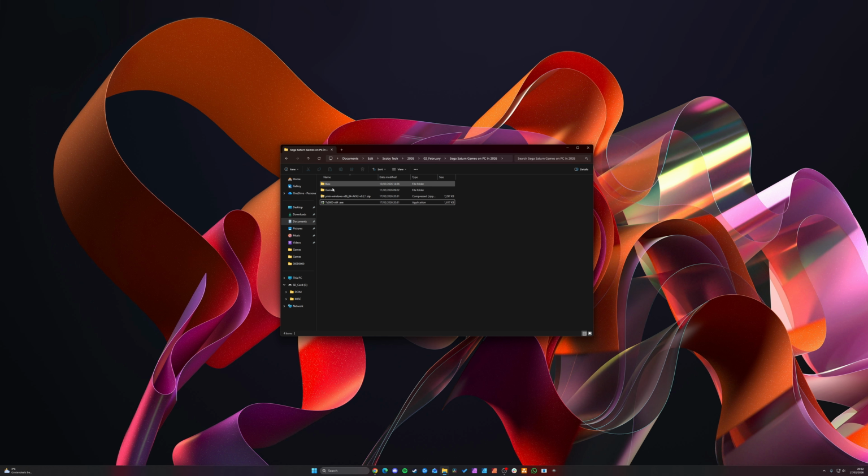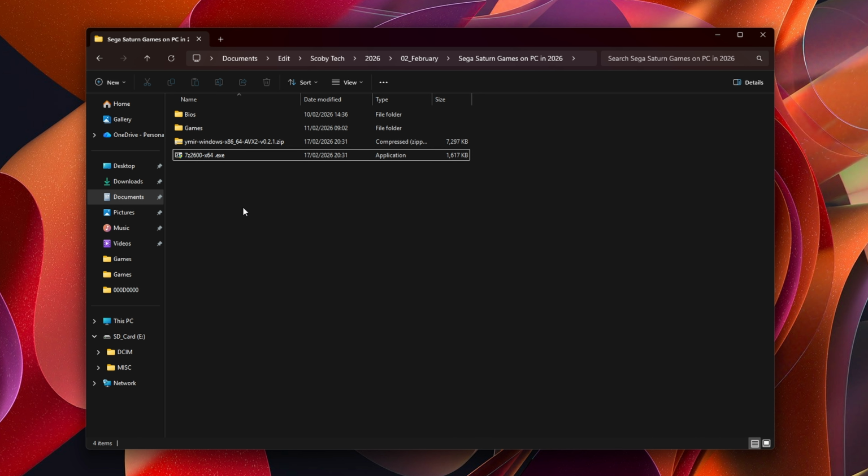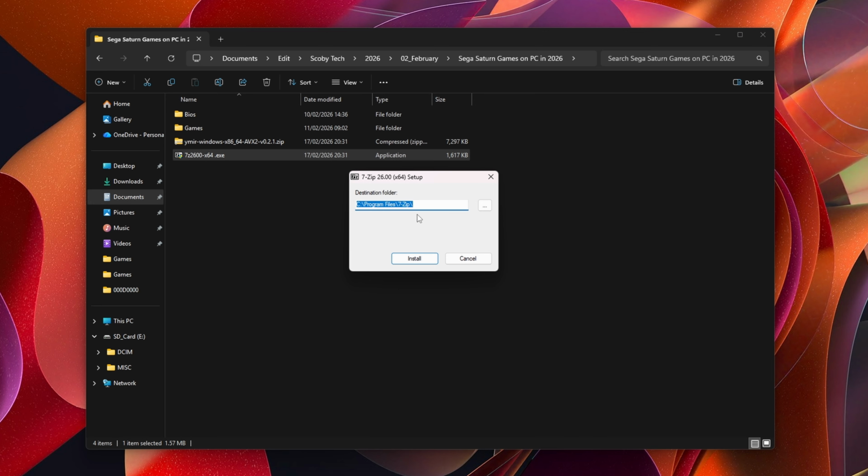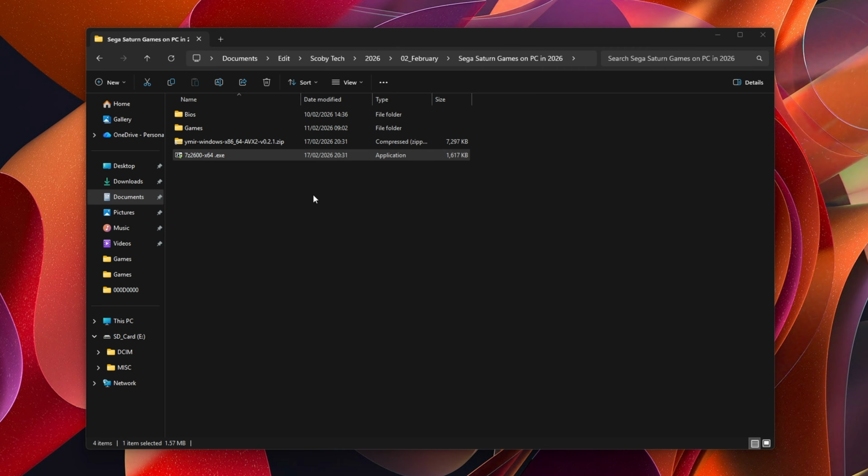So once everything is downloaded, I just moved all of my stuff to a new folder for easy access. The first thing I'm going to be doing is installing 7-zip. So we're going to look for our 7-zip exe, double click it, click yes on the Windows pop-up that shows up, select an install location. I'm just going to be leaving it on my C drive, click install, click close, and then 7-zip will be